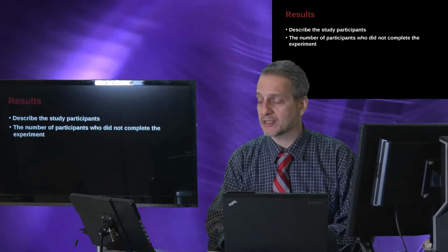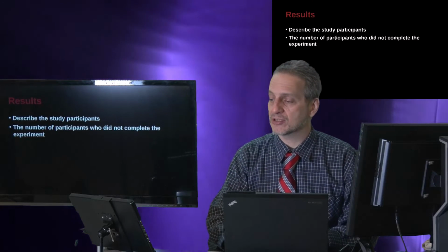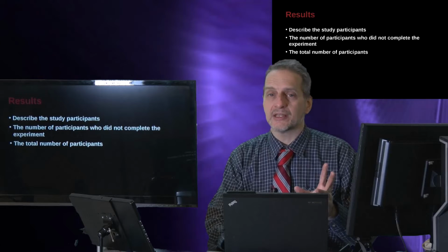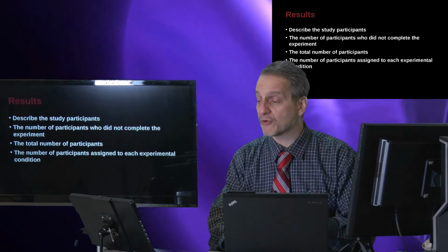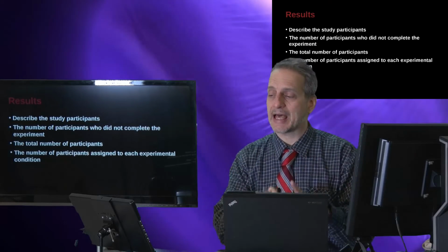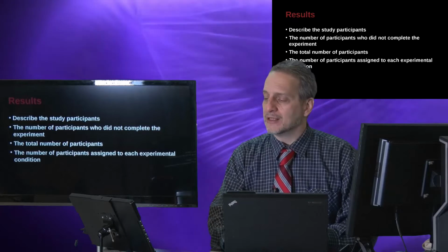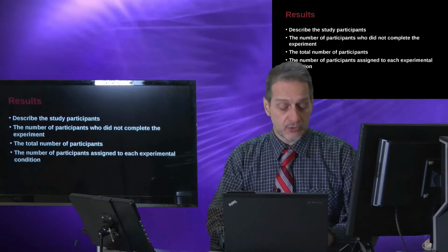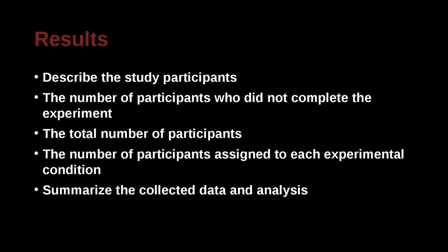So the incomplete numbers, which in social science can be quite large, but in applied science areas actually is often quite small. The total number of participants, so we really need to get an idea of the sample frame. That is, where did you do this, how did you do it, and who did you do it with or to. If you had multiple sample groups, if you had multiple conditions, you need to explain those carefully. Control group, non-control group, control group number 2, number 1, etc., and exactly what do they mean.